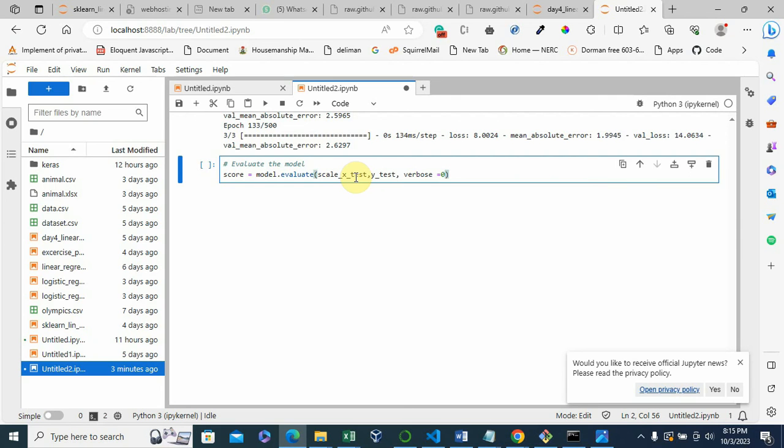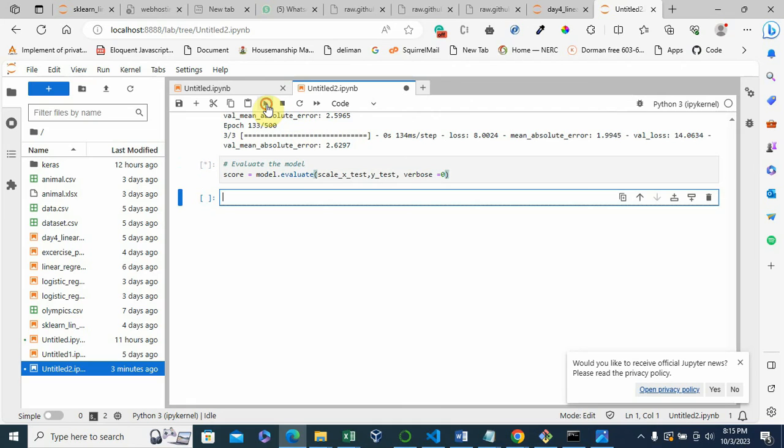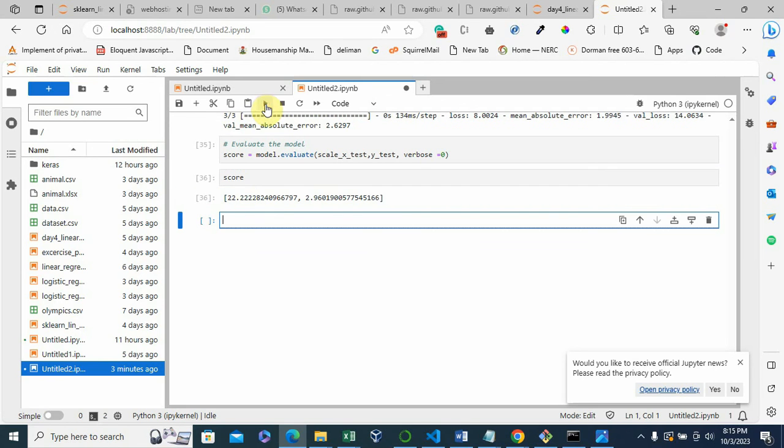That's pretty much it to evaluate this model. So we can print out the evaluation. The score has two parameters: the first one is the loss function, and the second one is the accuracy.